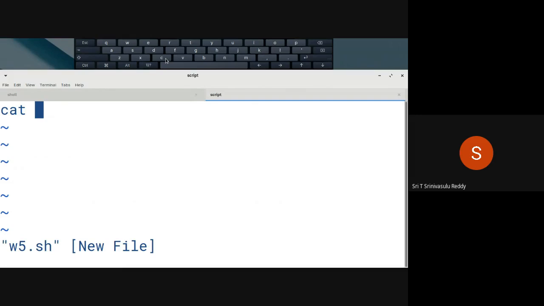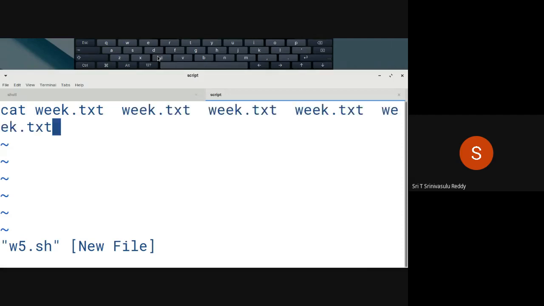Now you want to have, like as you said, week 5 times cover. Here there is a wonderful feature in the editor: we have to type a number. Right now I am typing 5, in fact, so that doesn't display there actually. And type i, insert, it stands for, and after that when you give week.txt, then give a space, and now if we hit escape, it's going to automatically generate. The editor will generate automatically how many times you want. So this is another way.